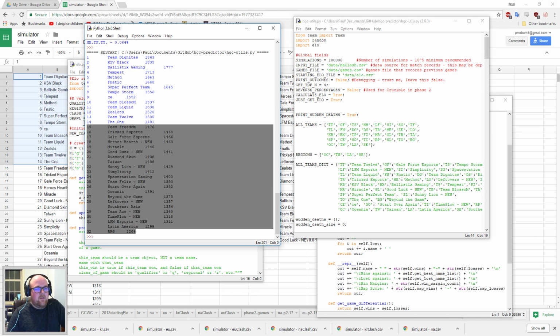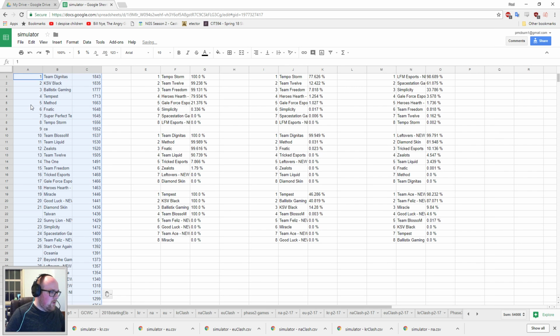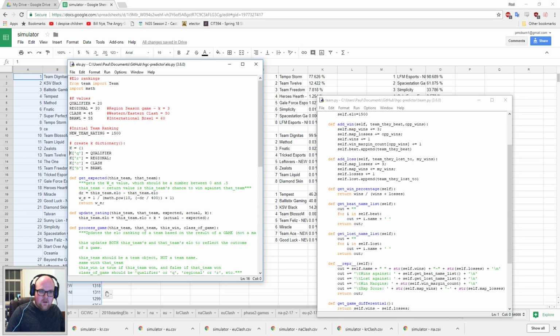And all I do is I just copy this, and then I paste it in here. And when I make my Heroes Hearth article, this is where I pull it from. Getting a look behind the curtain. Alright, so now,